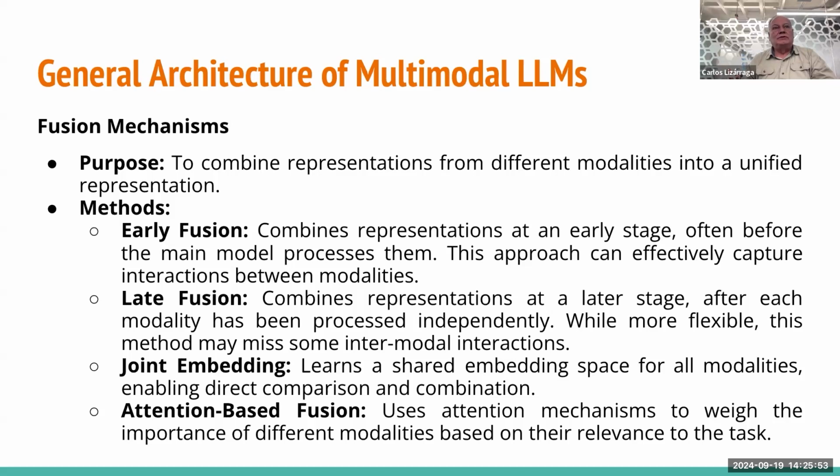For example, it's going to create an image of a person skiing on a slope of a mountain inside of a forest. Then you can combine the different representations at an early stage, and then at the later stage do the fusion, or you can try to make a previous fusion from the beginning, or you can do a joint embedding, or you can involve attention-based mechanisms that can understand the different importance of each modality based on the relevance